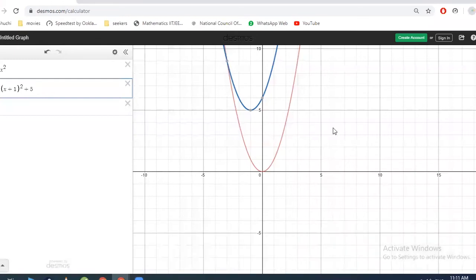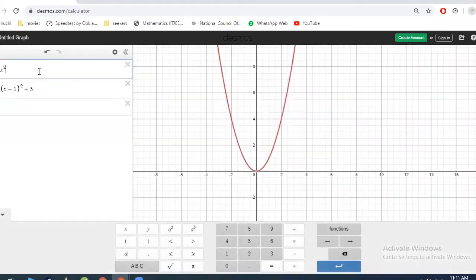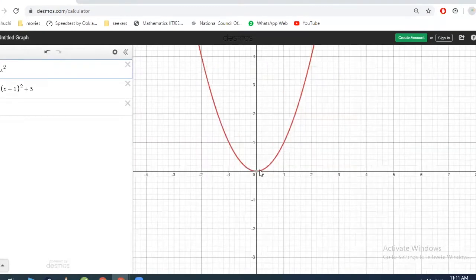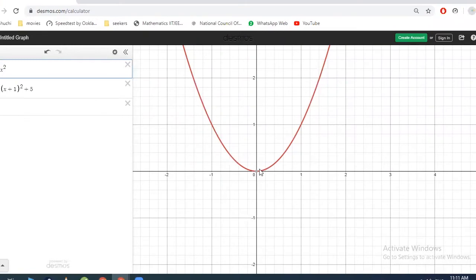Okay, let's see. So I hope you are able to see the screen. Now see, the first curve is this, x square, simply x square. What do you think will be the minimum point? This is the minimum point because on the right side when you are moving, increasing, on the left side you are moving, increasing. So this is the minimum point, 0, 0. Let's move on to this one.